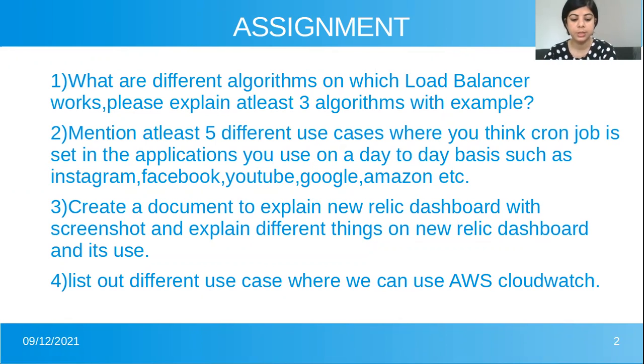Suppose, as we have studied earlier also, in CloudWatch we have an EC2 instance. Suppose we find any threat on the EC2 instance. What CloudWatch does is, when it finds any threat on the EC2 instance, an alarm is set for that particular criteria, and if that criteria is met, the alarm switch is on, and the appropriate action is taken for that particular EC2 instance to avoid any damage.